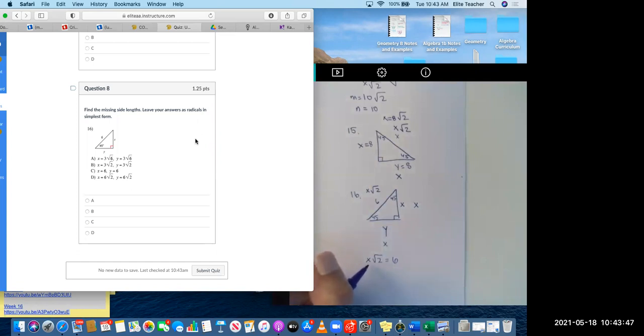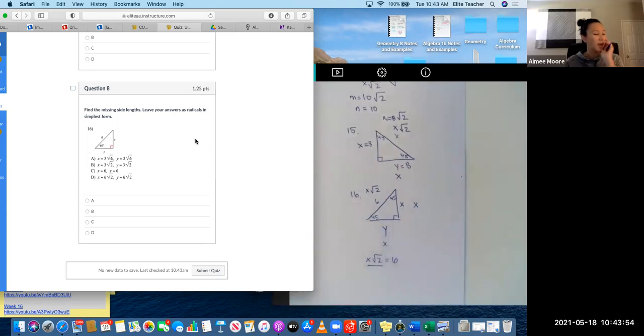And then x equals 6. Oh, wait. No, did I do it wrong? I think I did it wrong. Got what we have to multiply. So the easiest way